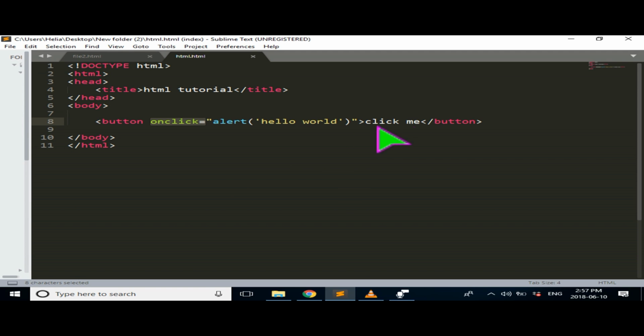So it means after I click on click me, it's going to open a pop-up window. Alert means that. There's a pop-up window that is going to open, and inside of it is going to say hello world. So that's what you do. You just open and close a button tag, and then you write whatever you want to be written on top of your button, and then you can choose as many attributes as you want inside of your button tag. So here I just chose onclick, alert, and